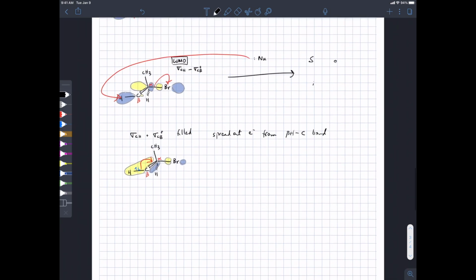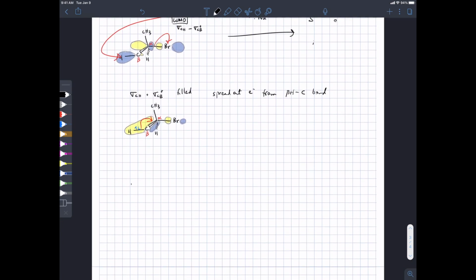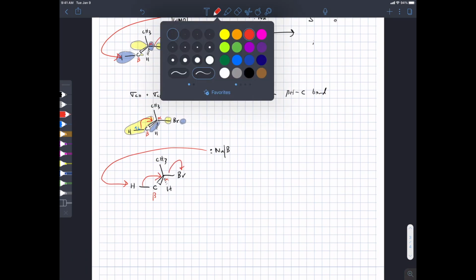Now, I'm trying to just tell you what happens to the LUMO, how that explains where the leaving group goes, and then what happens to the electrons in the carbon-hydrogen bond. We're not ever, beyond this point, going to draw the mechanism of an E2 reaction like this. What we will do instead is just represent all of those arrows happening in the same concerted step. That is, your nucleophile/base attacks the beta proton, electrons from the carbon-hydrogen bond kick down to form a new pi bond, and the leaving group leaves.